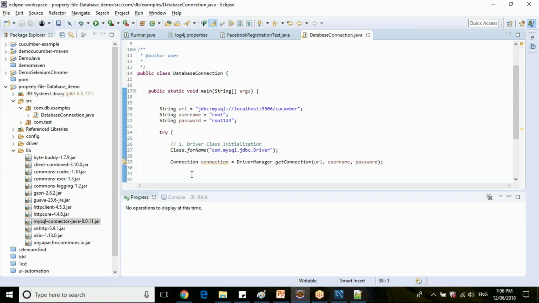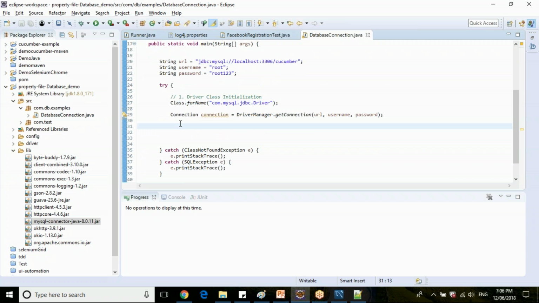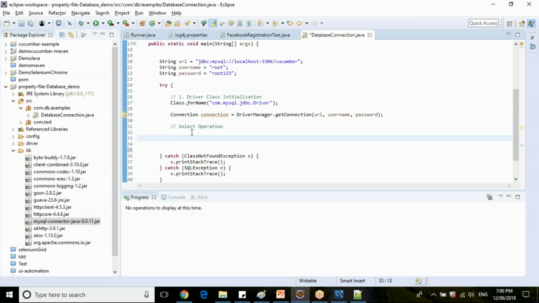Once your connection is established, let's say we want to perform a select operation. Your select operation will use a Statement. Let me write this one.